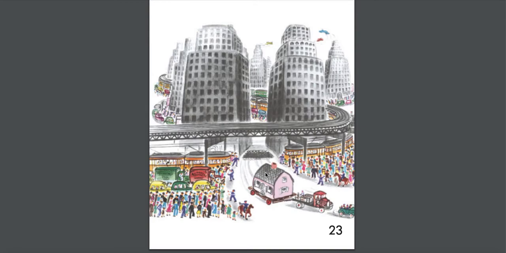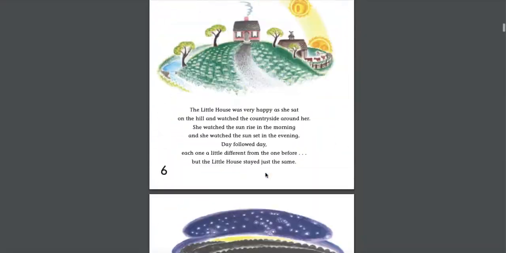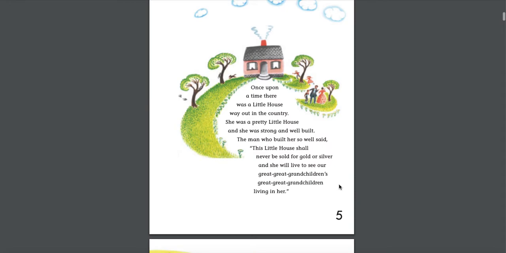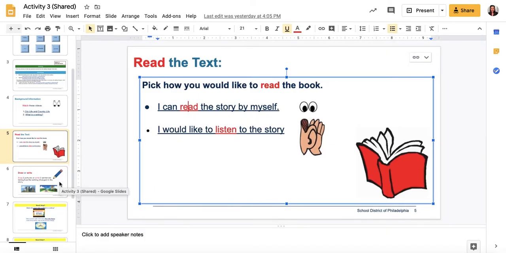Here's the little house, okay? Now let's go all the way back to what it used to look like before it turned into a city. So keep that in mind, and feel free to look back at your book as you need to see how